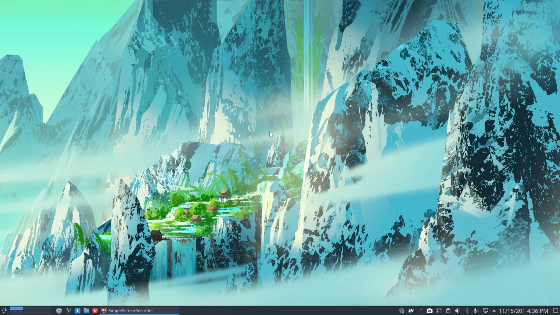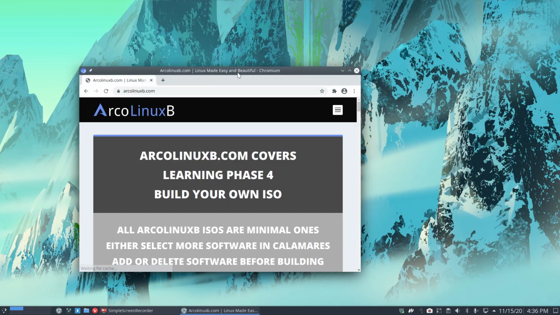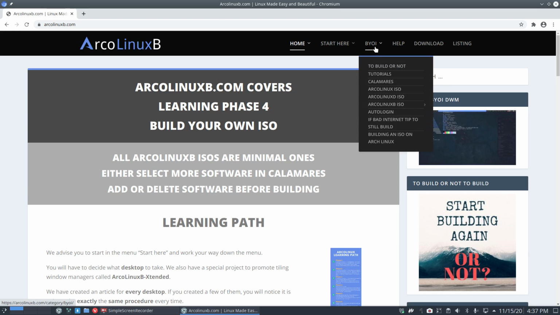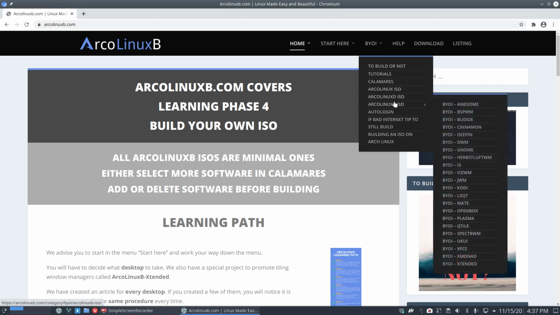We're working on Plasma, as you just saw. I'm going to launch Chromium. ArcoLinuxB, and the B stands for building. Okay, move it to screen 1. It's all about giving you, the user, the power to build whatever we build. If we can build, why can't you build it, right? That's the share the knowledge that we give you, and you can build ArcoLinux ISO, the D ISOs, and